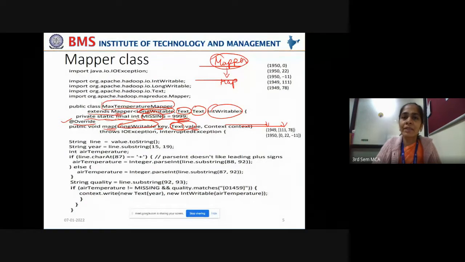So rather than treating it as a numeric value, we had better treat it as a text value, extract whatever we wanted, and later convert it into a numeric value according to our requirements. So we are taking text as the data type for the value. Now this map function will emit key value pairs.